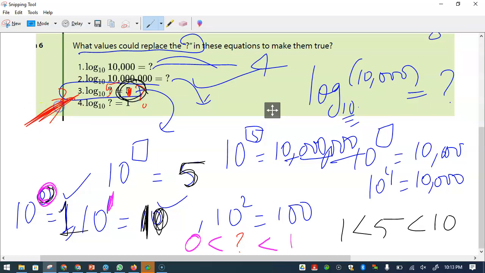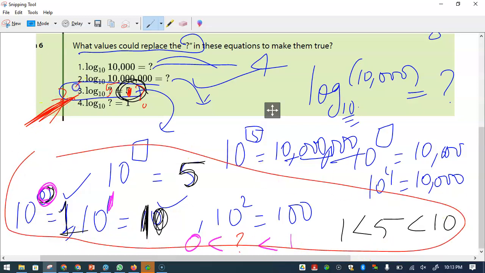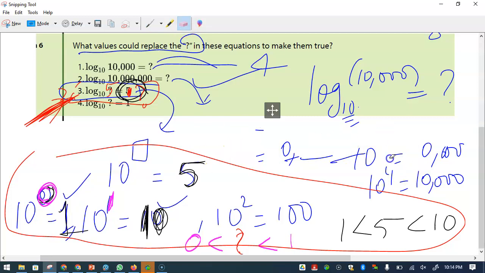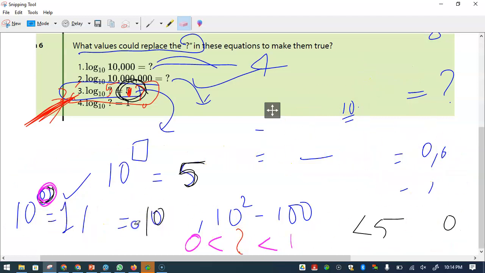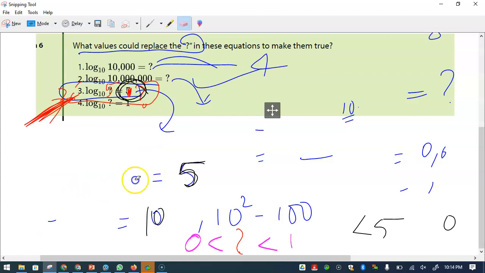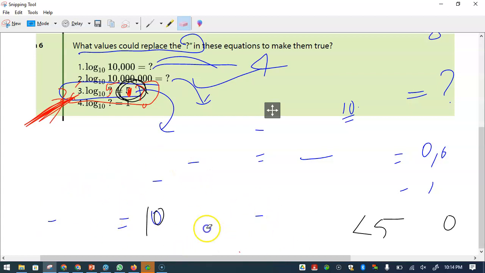Let's imagine, since I showed this work, all this work is what if it was log of 5 to the base 10, then the answer will be between 0 and 1. I hope this helps. So it's like working on two things at a time. And now let's do the one that is actually given. So this example that I did was,